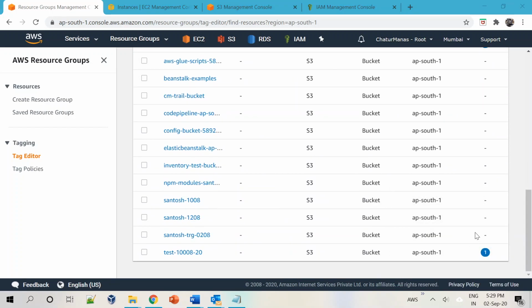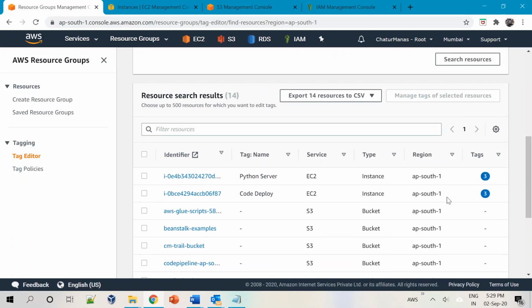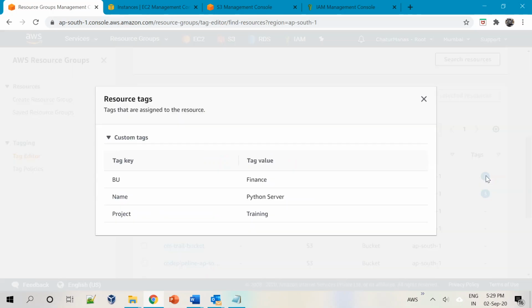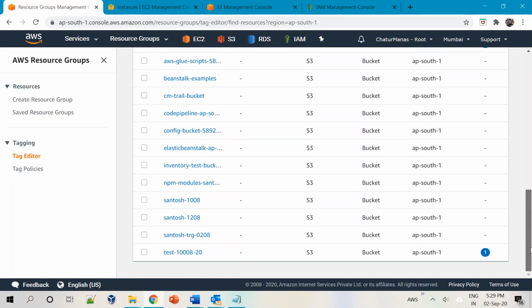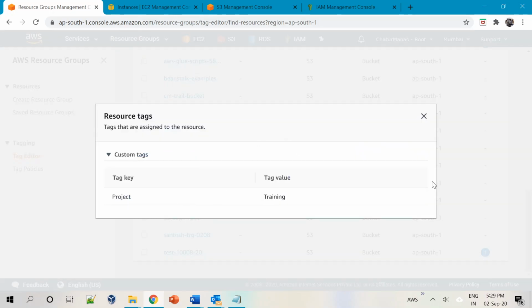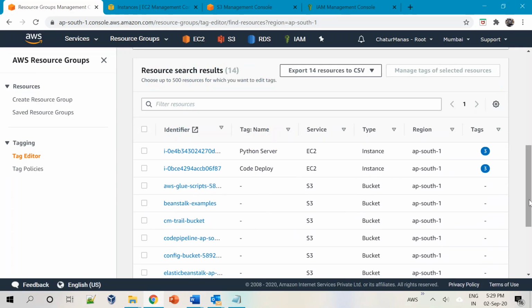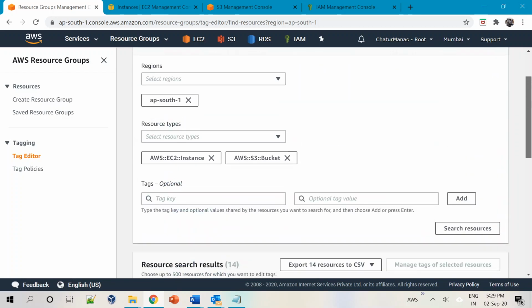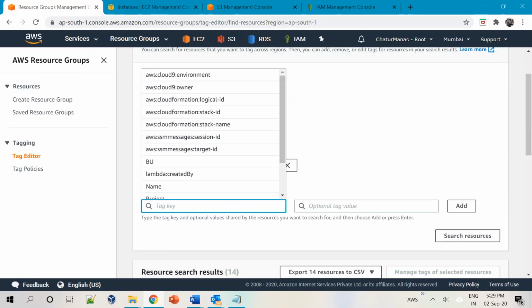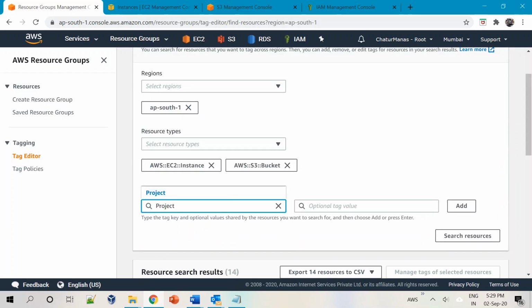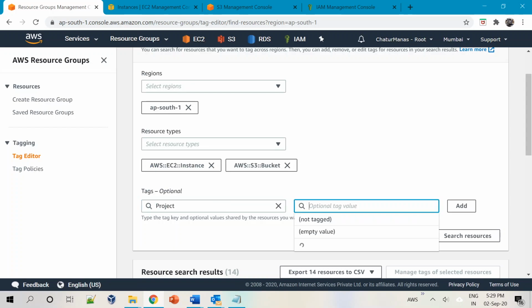It will also show you the counts of the tags that it has. So this resource has 3 tags, this resource has 3 tags. If I click here, it will show the different tags that each resource has, and this has only the project tag. Now I do not want to generate such a long list. Instead, I can filter using the tags already associated with them.